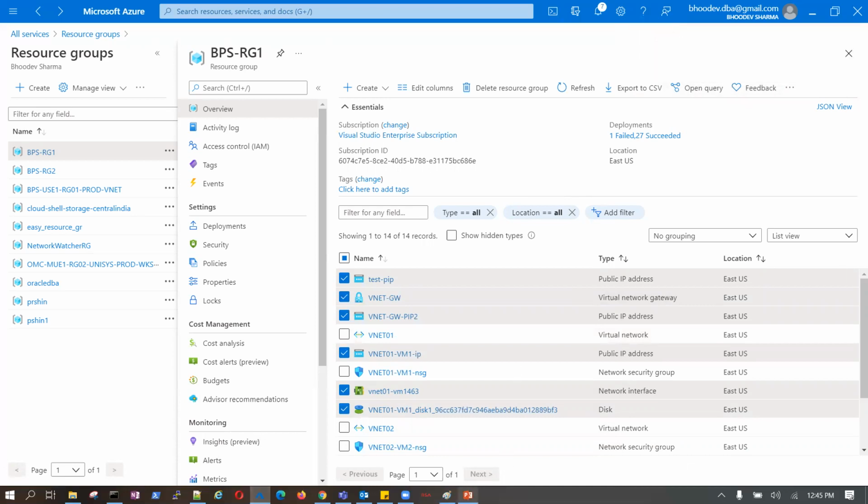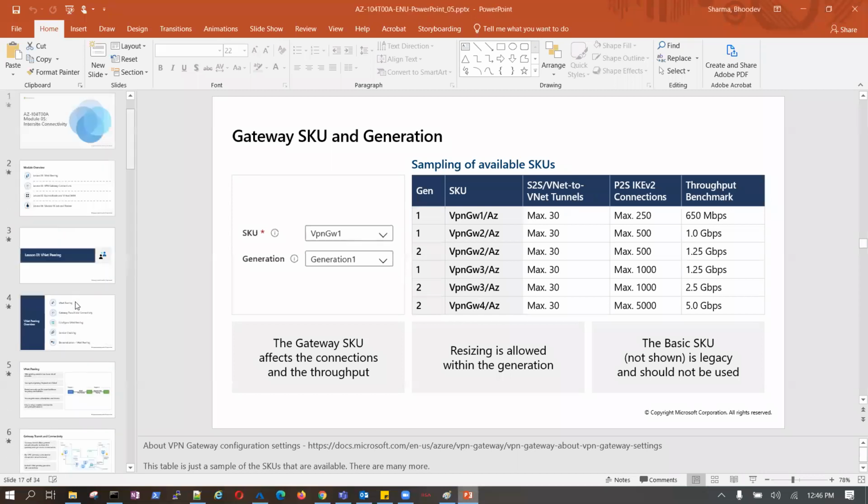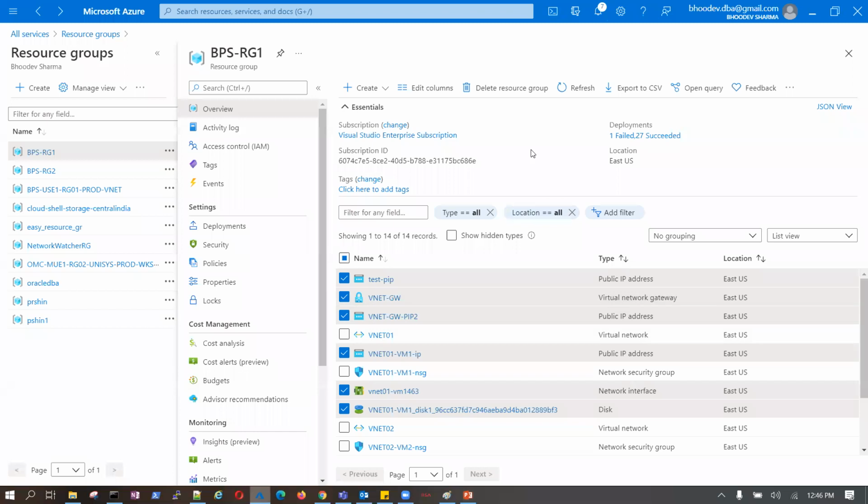Any question, guys? Come with some doubts, some questions, let me know. In a virtual network, we connect devices, right? A virtual machine is a device only, right? Yes, a resource only.